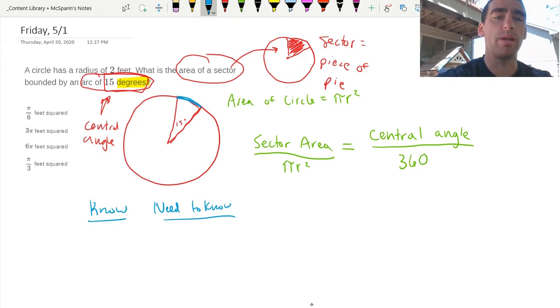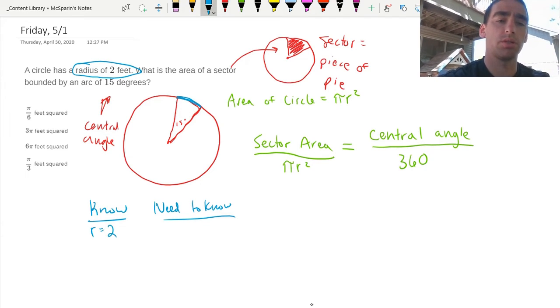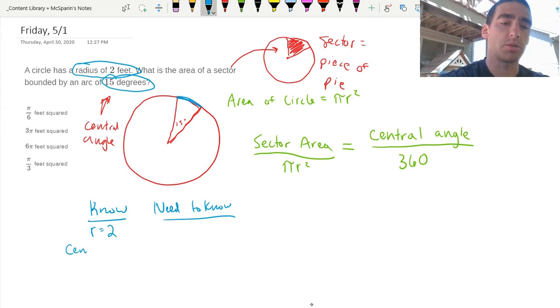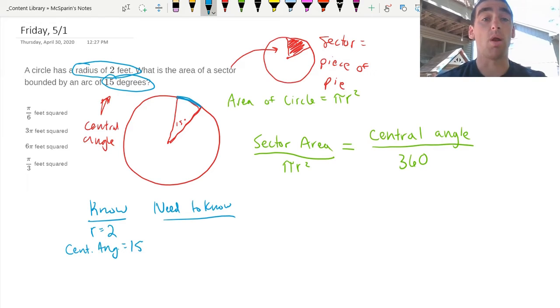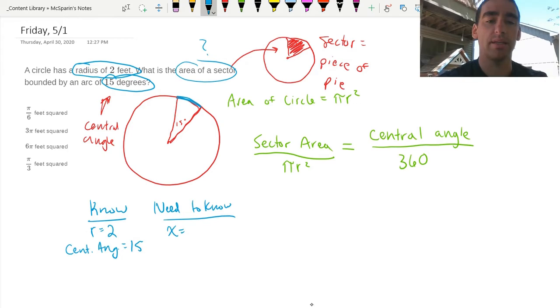Okay, well, what do we know? We know I'm going to erase some of this stuff. We know we have a radius of 2 feet. R equals 2. Well, I know that I have a central angle of 15 degrees. So central angle is 15 degrees. And what do I need to know? I need to know the area of the sector. So x equals